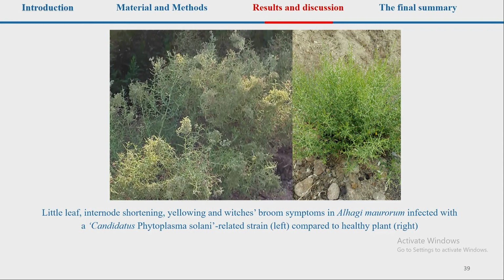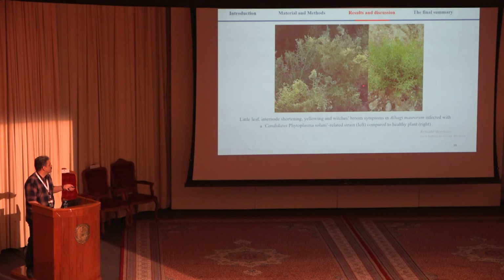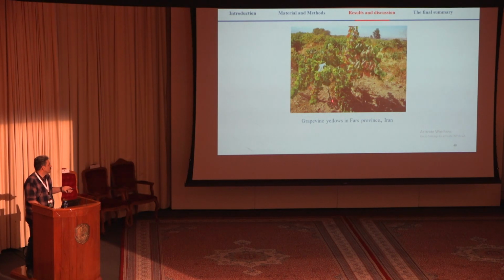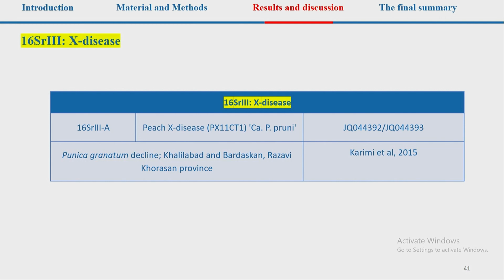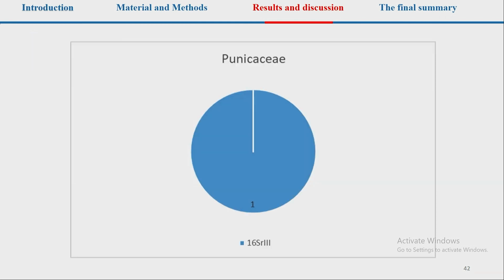Alhagi maurorum infected with stolbur group and also peanut witches' broom in Iran. Grapevine yellows and other phytoplasma groups reported less than this group, between 1 and 4 subgroups, like X disease, Punica granatum associated, Punica granatum decline,